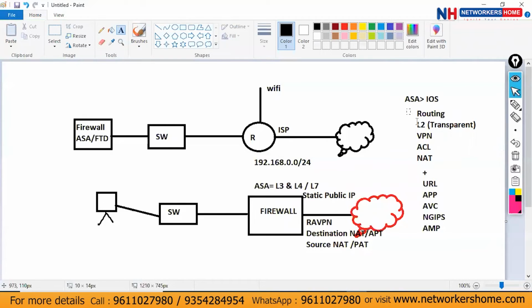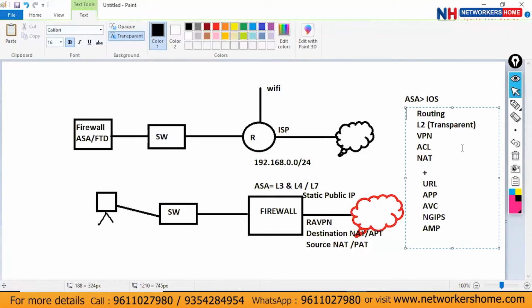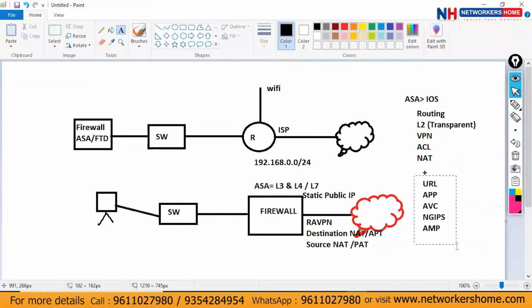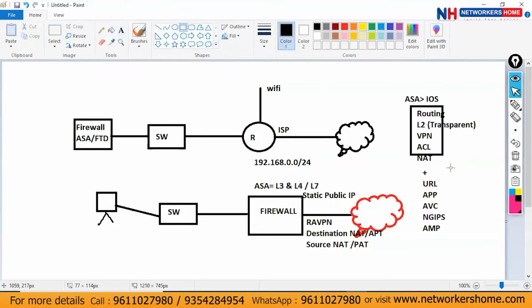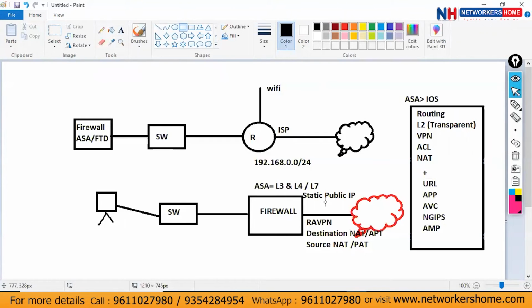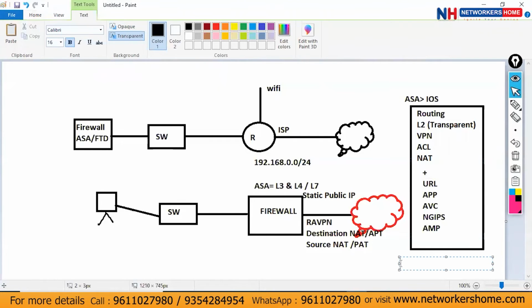Now, all these features included together, all the ASA features and all these extra features, if I combine all these features, then it becomes FTD. That's your next generation firewall, right? But